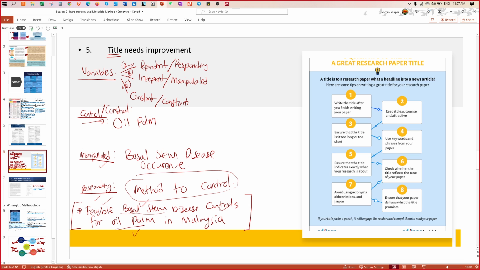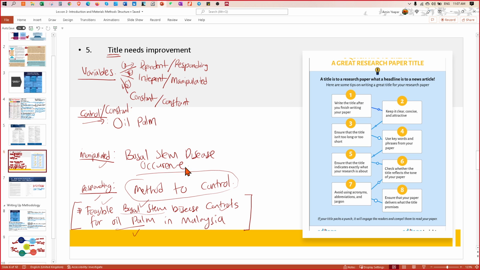Yeah. So experimental design wise, I think that's okay. You just need to make sure that you replicate a minimum of 3. So you have a combination of 2 levels of the manipulated variable, which is manual harvesting and mechanized harvesting. That's 2, right?